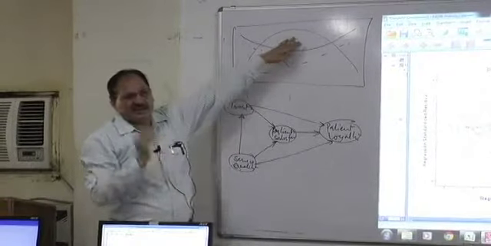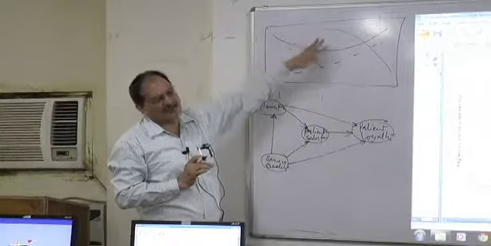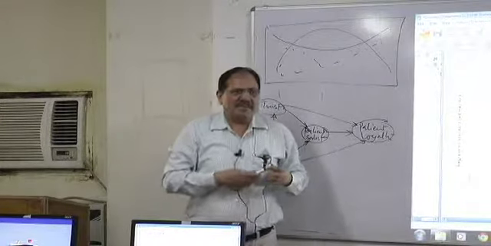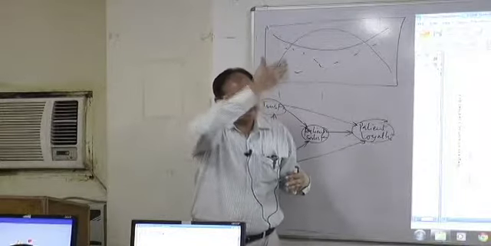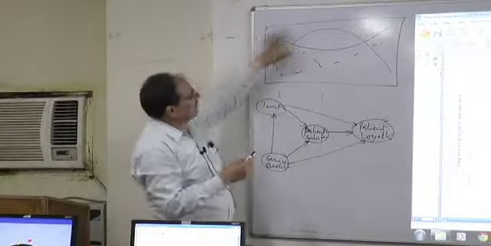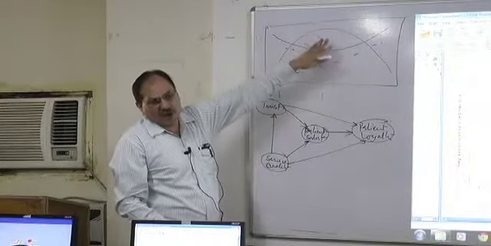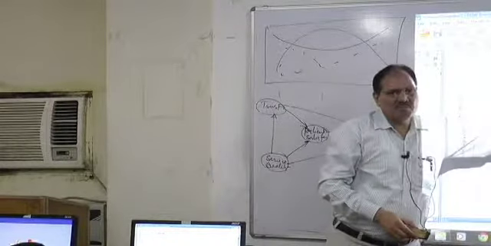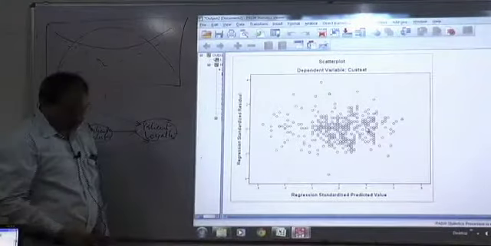Then it indicates that the relationship between the two variables is not linear. If the scatter plot has a very significant curve, on either side, then it is not linear. And we find that the spread on both sides of the line is equal, that type of curve is not there.